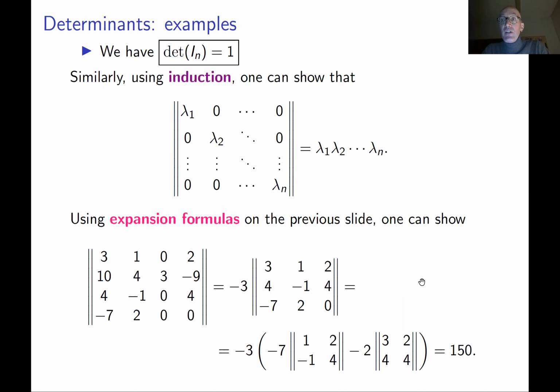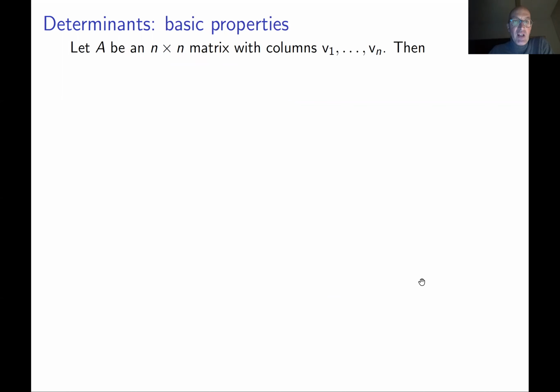In the lecture notes, we listed most of these properties. We sketched the proof of some of them, but we didn't prove all of them because this is a little bit beyond the scope of this course, and this is not the goal of this course. The goal of this course is also to show you how to use these formulas, how to apply them. Of course, it's better if you know how to prove them, but I decided not to include all proofs in the lecture notes for this topic. Okay, let's present several important properties of determinants.